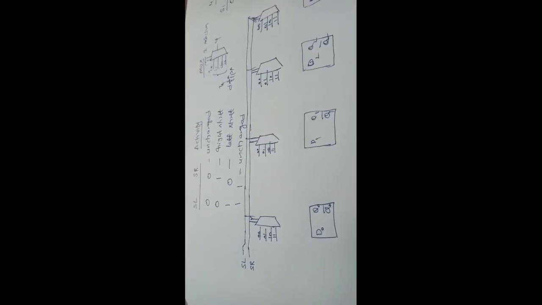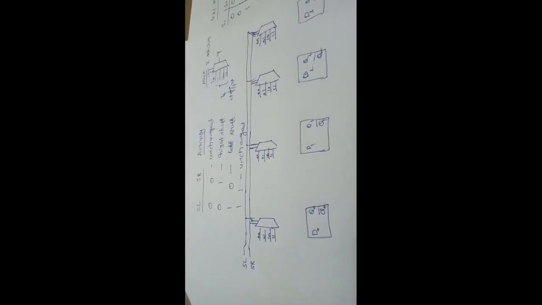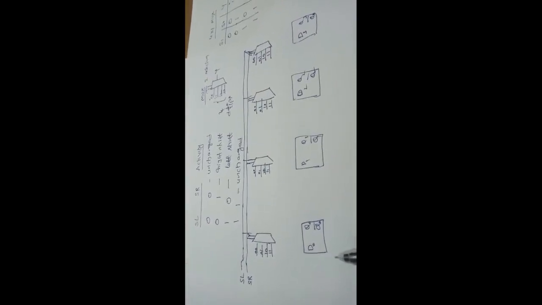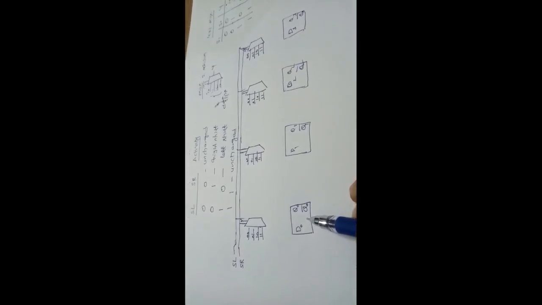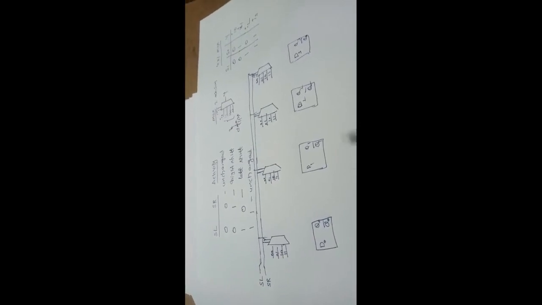So let us see for the 0 1 choice here. 0 1 means we have to go for the right shift. As per our problem, if SR is equal to 1 and SL is equal to 0, the information moves one position to the right, and the input has to be given to the leftmost flip-flop. So data has to be right shifted. That means from here to here, here to here, and here to here, the data has to be right shifted. The given input has to be connected to the leftmost flip-flop.